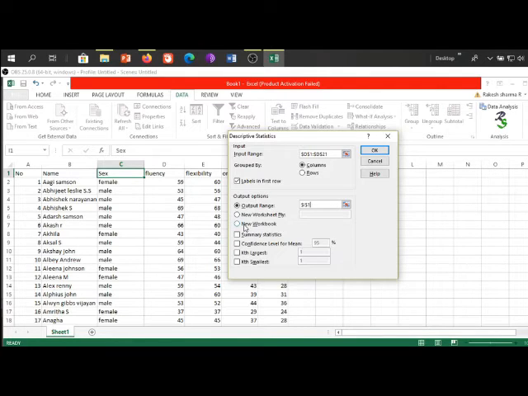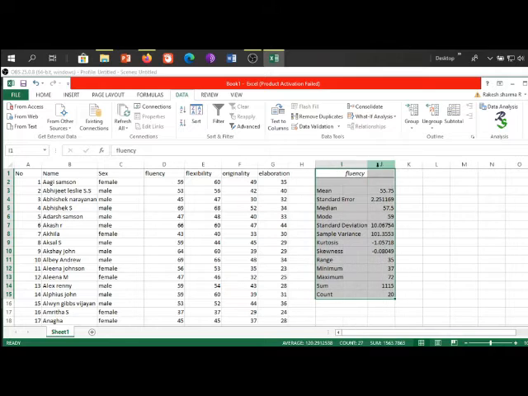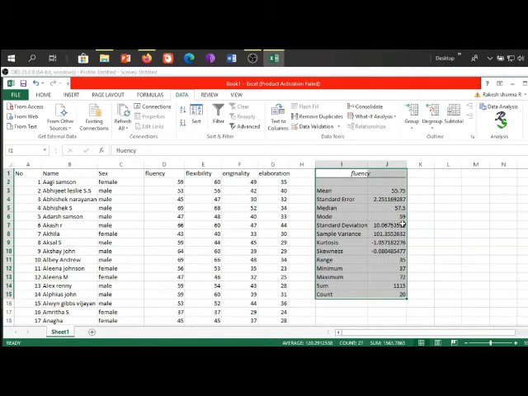So I tick mark the Summary Statistics and click OK. See, now you will find the descriptive statistical summary in the I column, which represents the mean, median, mode and other functions.